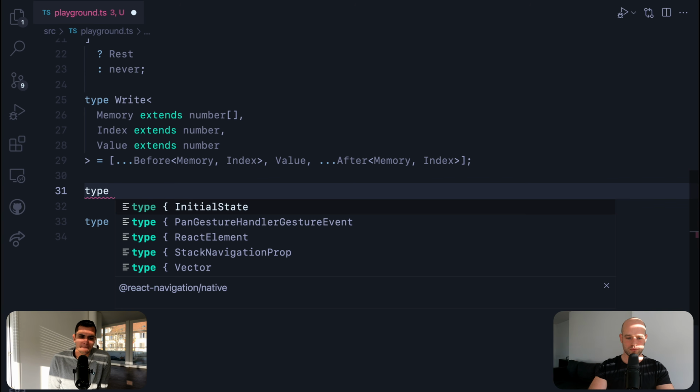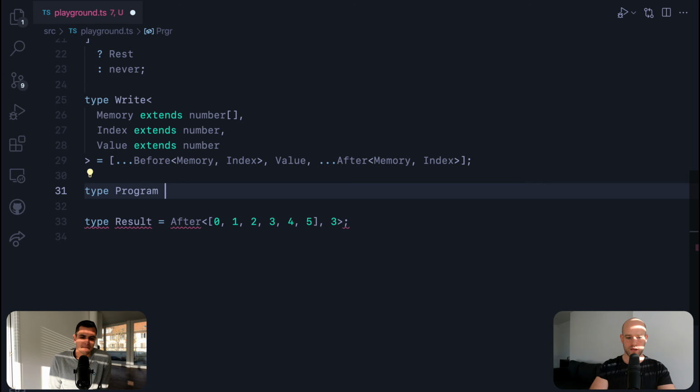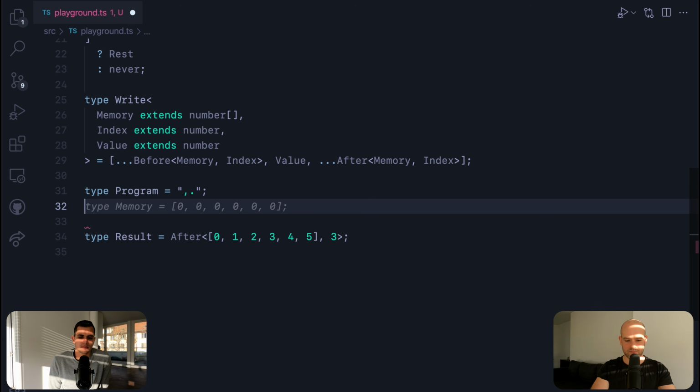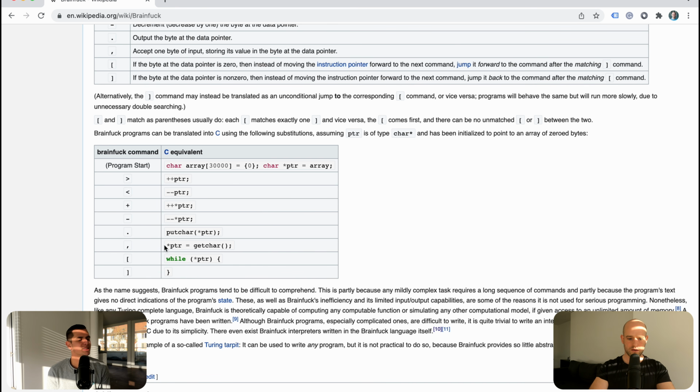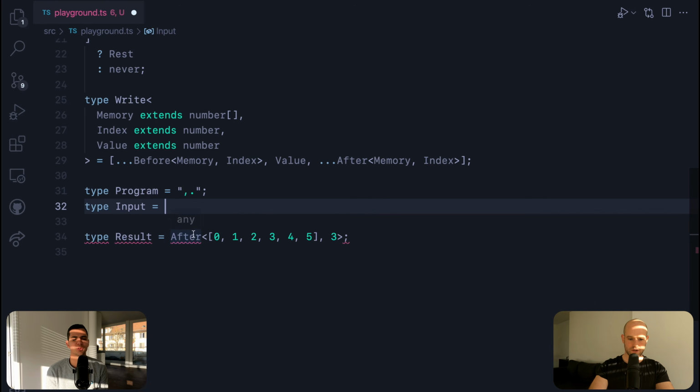So we have an input, which is going to be the program. And maybe as the first command, we're going to read, so comma, so we're going to read the input and output it. Very simple. Okay, so that is a sample brainfuck program. Comma dot. In terms that we understand, here we read the input char and we output it, to a type in this case.